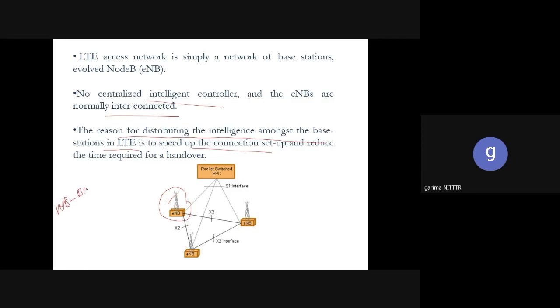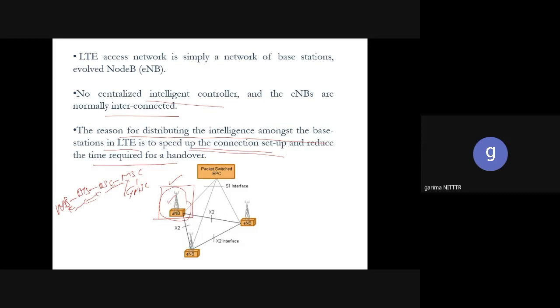That mobile station will communicate to BTS, BTS will communicate to BSC, BSC will communicate to MSC, then in some cases GMSC, then it will again go back, and so on. So we have a long process of transmission, then acknowledgements, then reactions, and so on. So to speed up the connection setup and to reduce the time required for handovers, one of the intelligent things was that eNode Bs are intelligent enough and they can decide some parameters by themselves, and it will obviously speed up the process.